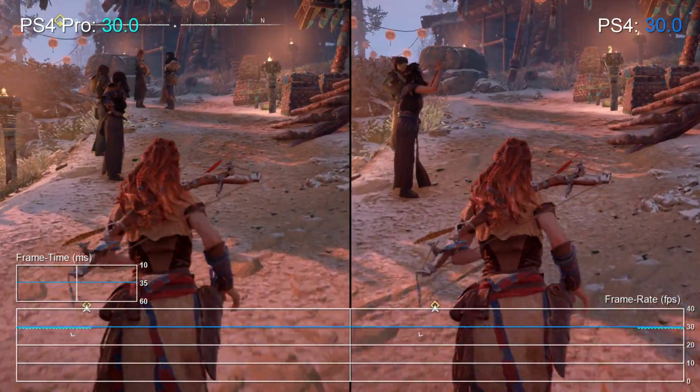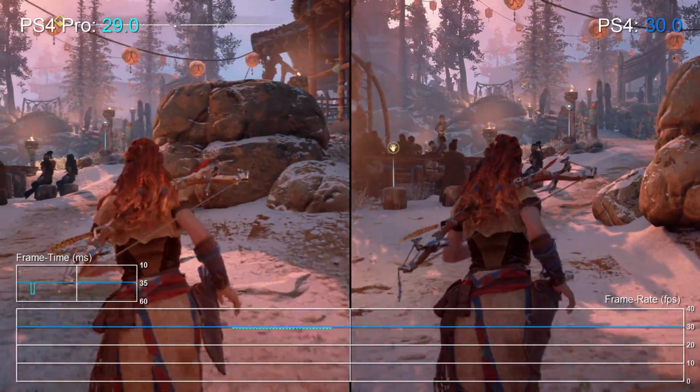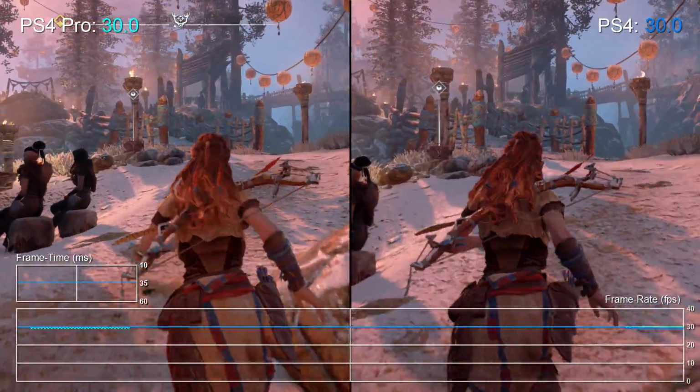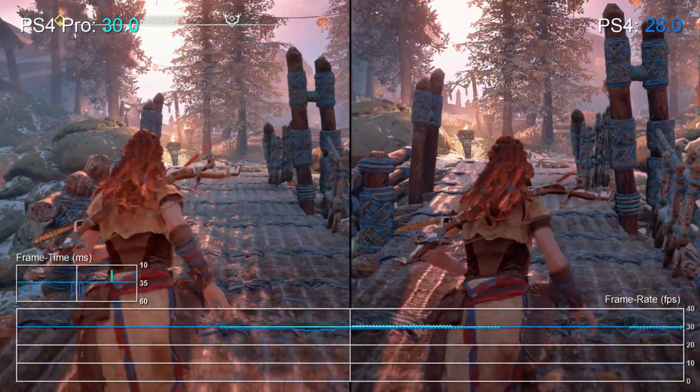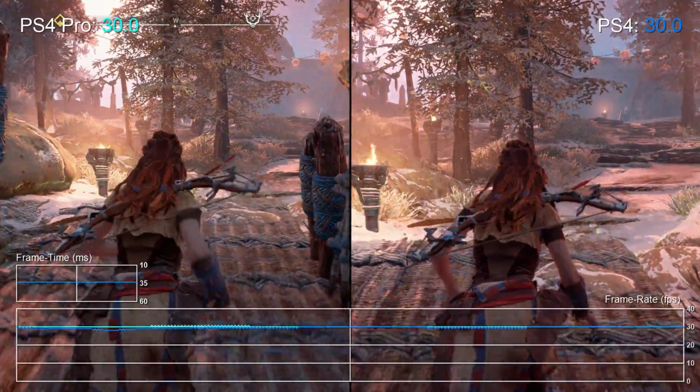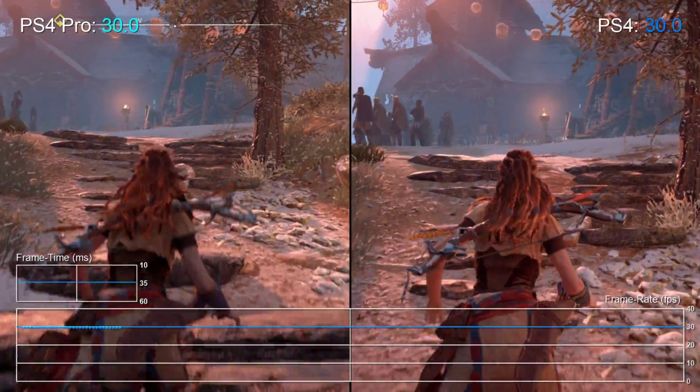What's interesting here is how perfectly the game scales up on the Pro, with drops occurring in exactly the same place to nearly the same degree. A fascinating thing to be sure. These crowded areas do generally perform pretty well, but we did encounter small pockets of slowdown like this at various